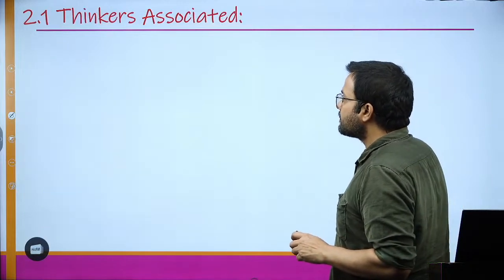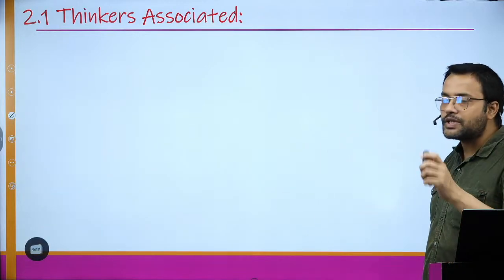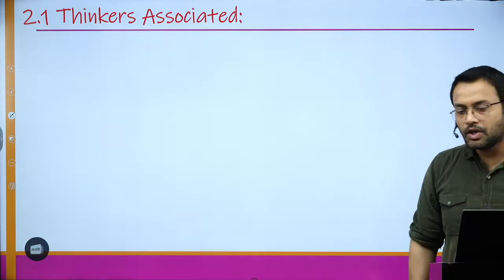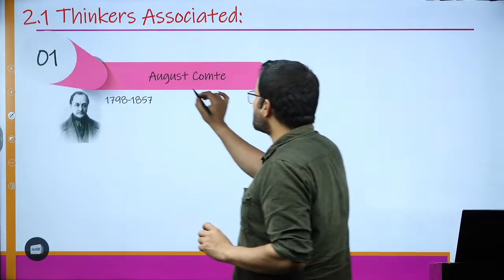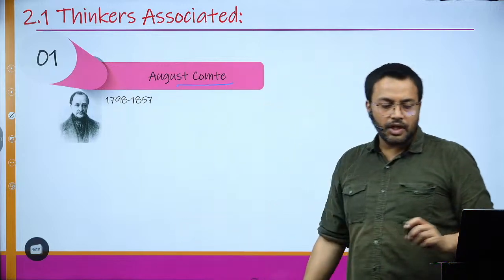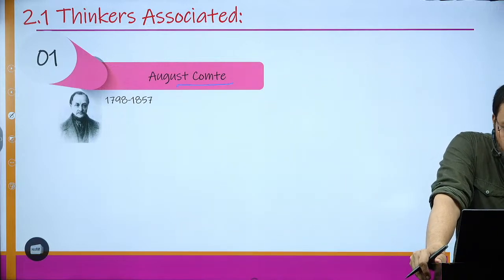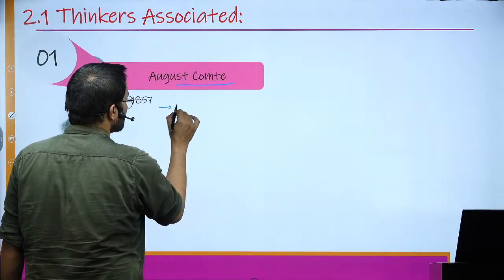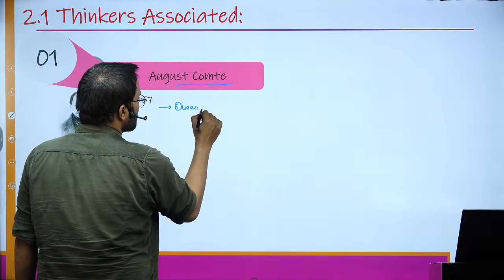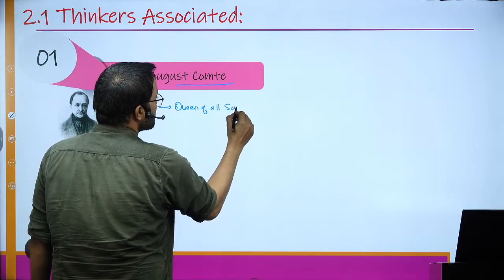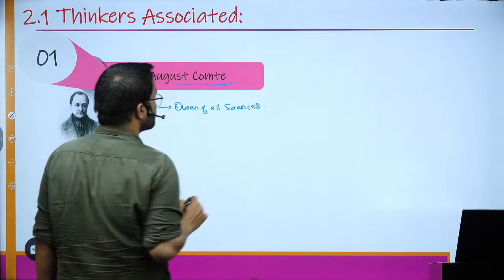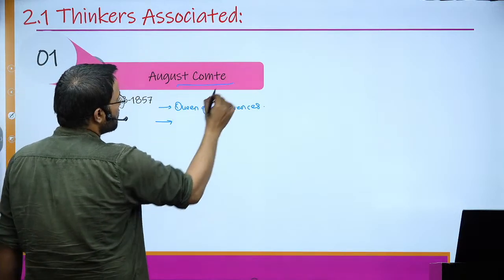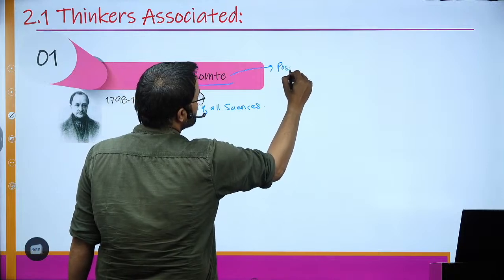Now, we will look into certain thinkers who are associated with this school of thought, that is the synthetic or the encyclopedic school of thought. So, first thing is Auguste Comte. Now, Auguste Comte regarded sociology as the queen of all sciences. And for Auguste Comte, who was a positivist,